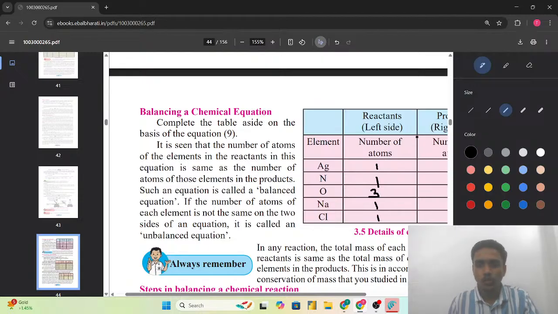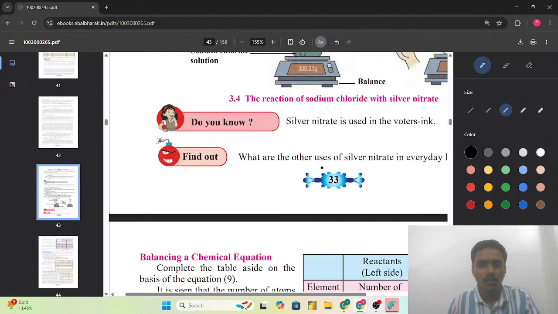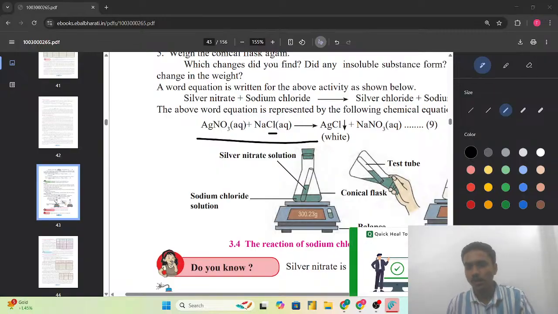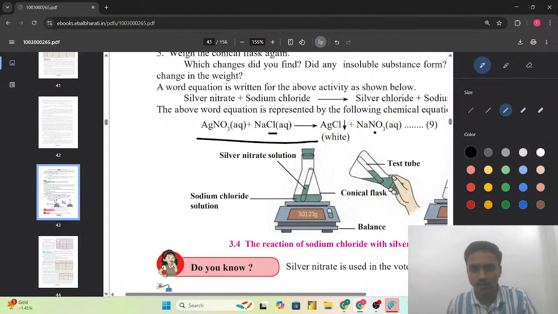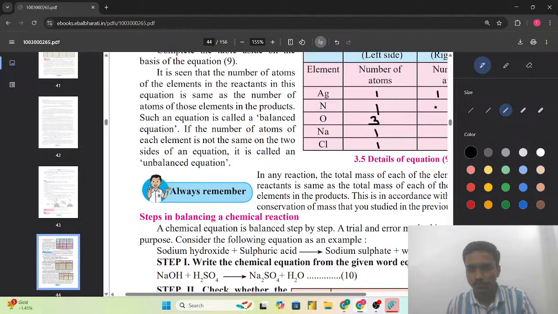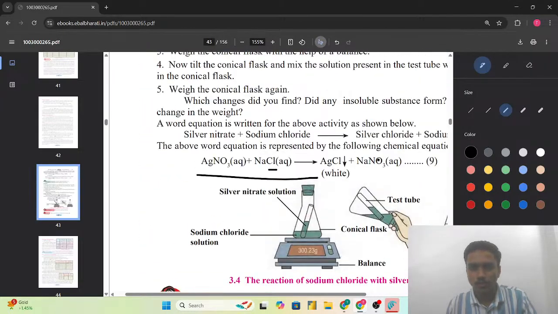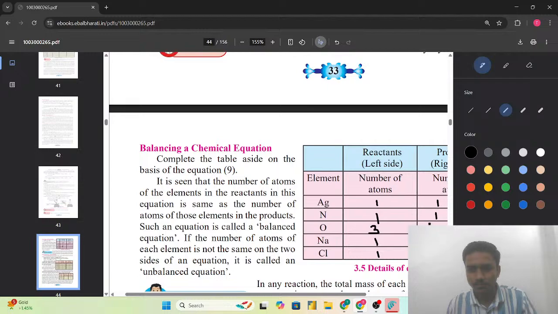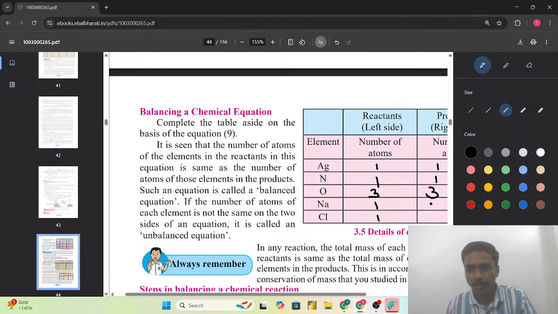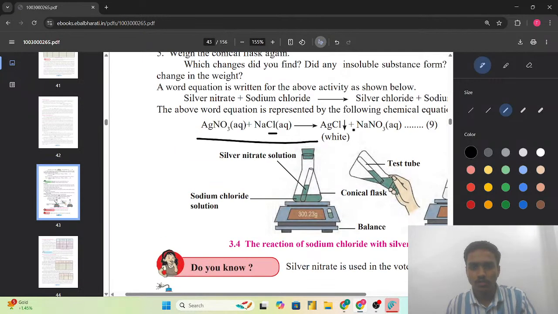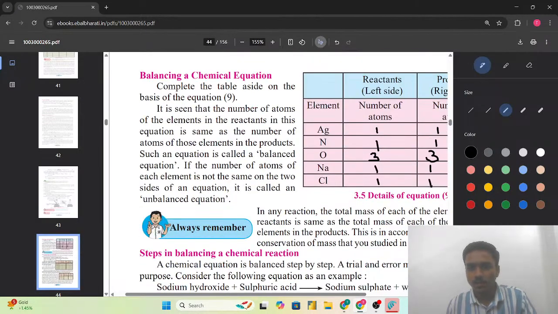So we have to also look about the product. सो प्रोडक्ट कितने हैं? प्रोडक्ट also same, that is silver. How many silver atoms are there in the product side? Silver also we can see here, silver is 1। Then we can see that we have asked about the nitrogen. नाइट्रोजन कितने? नाइट्रोजन भी एक ही है। So nitrogen again 1। Then we have to see about the oxygen, that is oxygen 3। Then we have to think about the sodium। सोडियम का एक है। एंड क्लोरीन, सो क्लोरीन एक है।